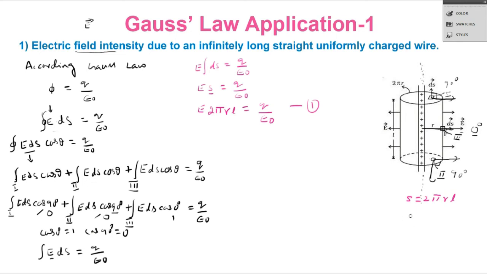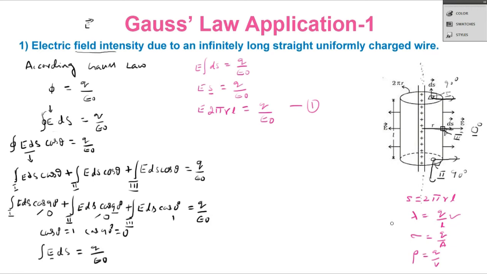I think you know the linear density, that is lambda is equal to charge divided by L, meaning charge per unit length. Again, sigma is equal to the charge by area, that is the surface area density. And the third one, rho is equal to the charge by volume. So these are all the densities of charge: per unit length, per unit area, per unit volume. Here it is a thin wire, it has a length, so we have to apply the linear charge density.